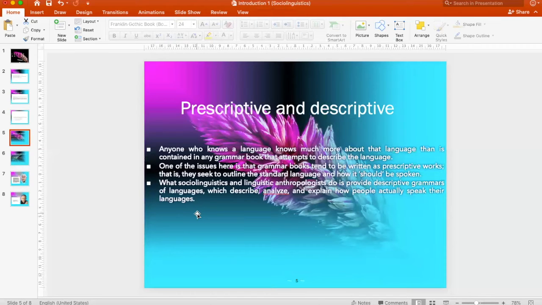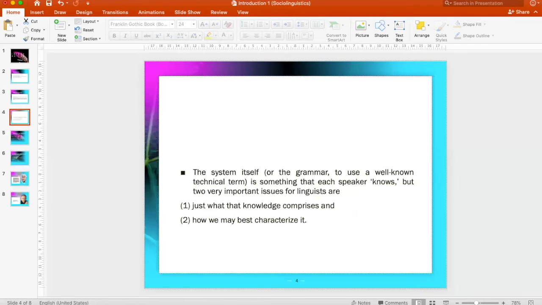That's why we try to define more about prescriptive and descriptive. But before that, we come to know about practice. Linguists do not find it easy to write grammars because the knowledge that people have of the languages they speak is extremely hard to describe. Anyone who knows a language knows much more about that language than is contained in any grammar book that attempts to describe the language. So in the prescriptive,